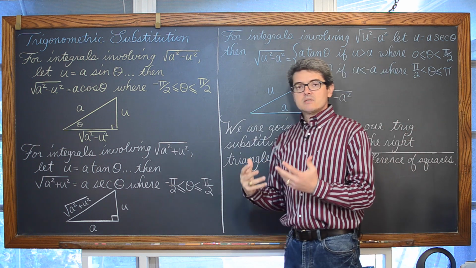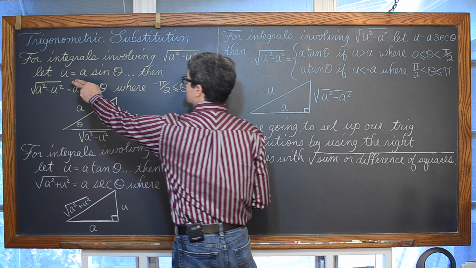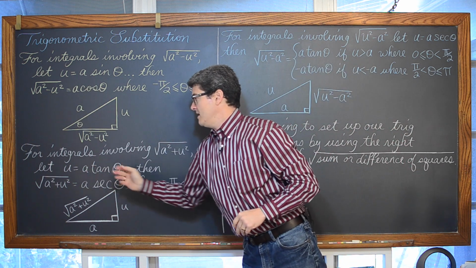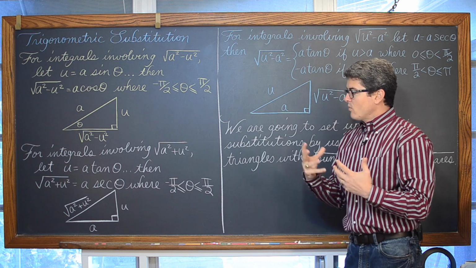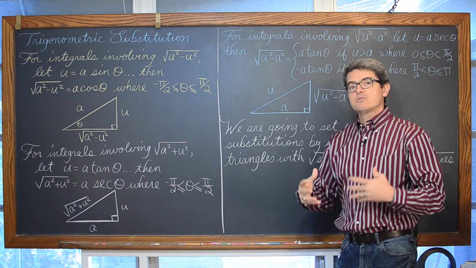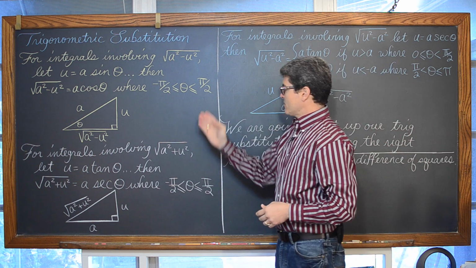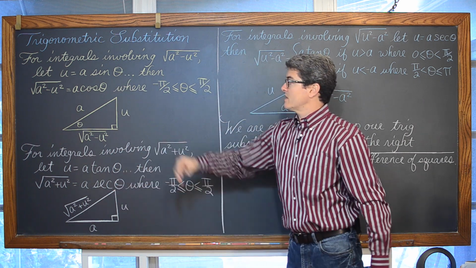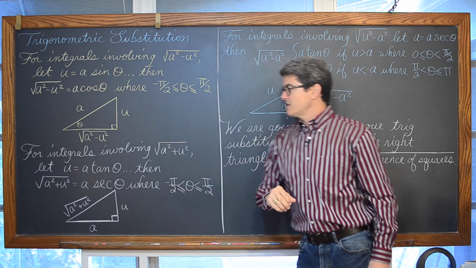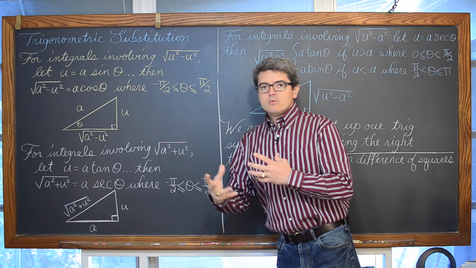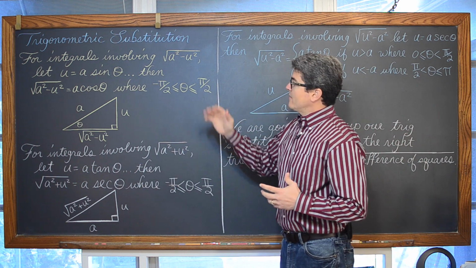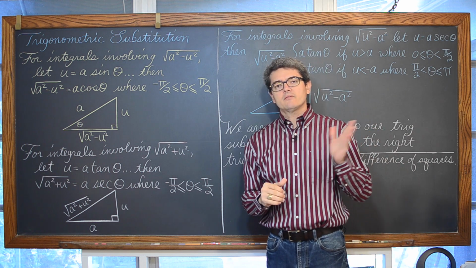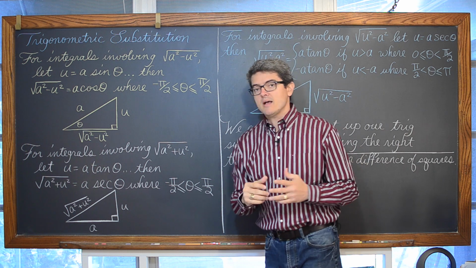There may be a time in these problems where you have to use this original substitution for u equals a sine theta or u equals a times tangent of theta, and work out an expression or a substitution for specifically theta, and that's where these restrictions on theta are coming from. It's working with those inverse trig functions such as the inverse sine and the inverse tangent. We're also working with these trigonometric substitutions, basically the reference triangles that you used to set up between the terminal side of an angle in standard position and the x-axis.